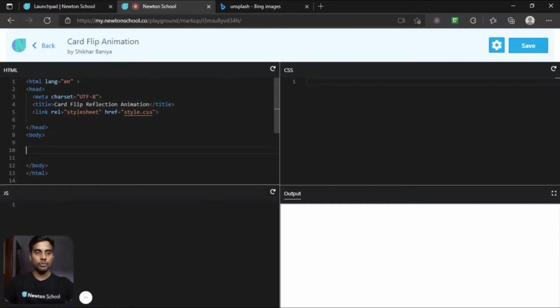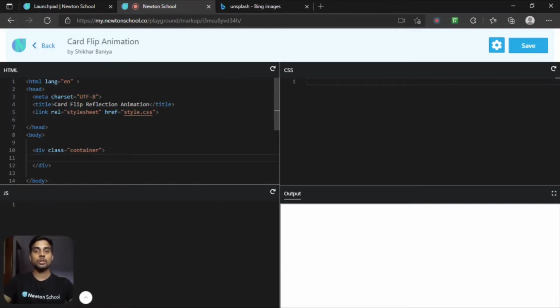First, let's start with creating a div of class container. Let me close that. Inside this container, all of our images will be present.